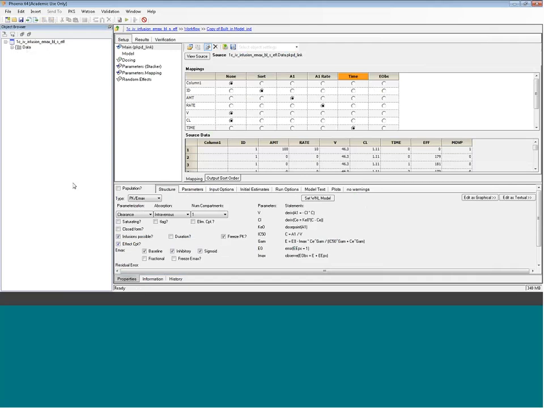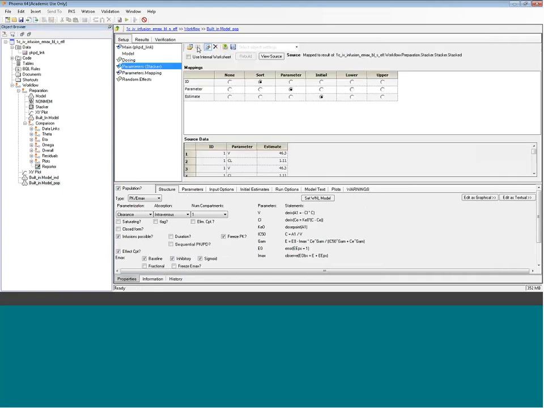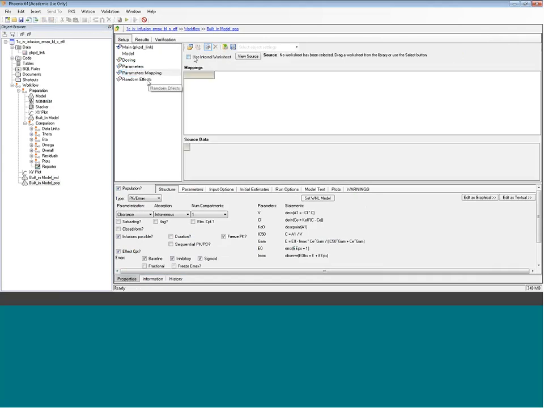Let me do this. Obviously, first of all, we need to check the population box. We need to get rid of these and these. If you had the random effects, I would use the random effects from your previous PK model and link them in here. Then it will take care of the post hoc step on its own. But I don't have the random effects from the previous PK model. All I have is just the PKPD link data that was provided with the original model. So this is the way I can't do it. What I could do actually is,